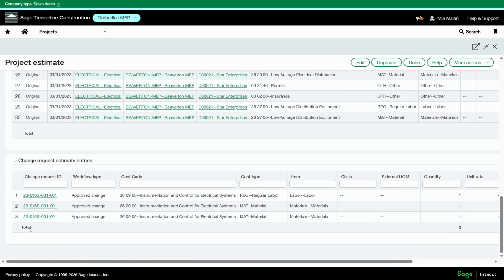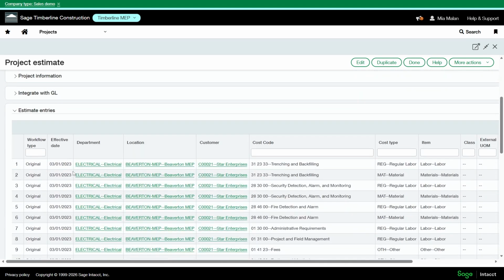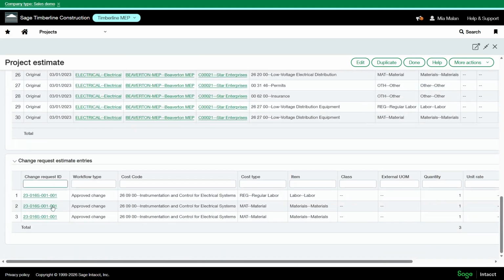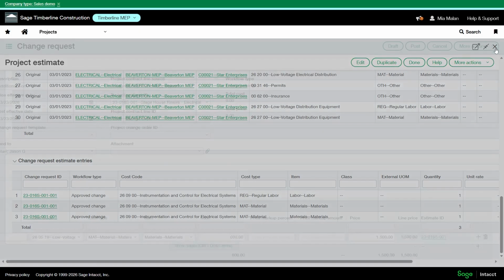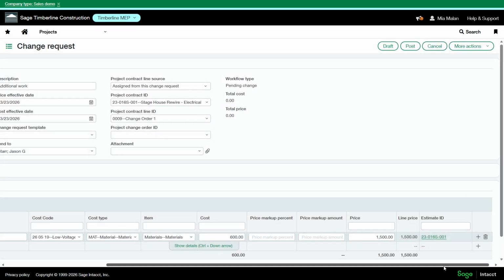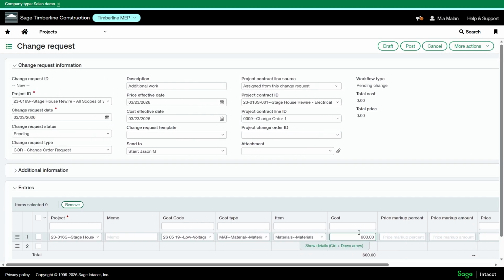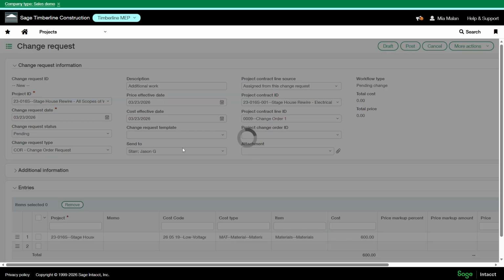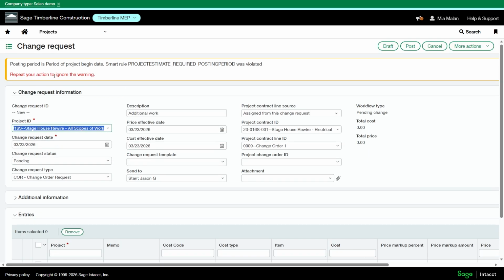You can see change requests are linked on this estimate page. So this is how you make revisions to the estimate, by issuing a change request. Now we're going to post this. Looks like I have a smart rule.